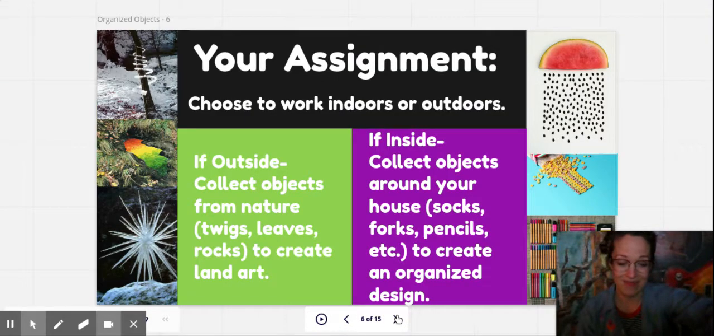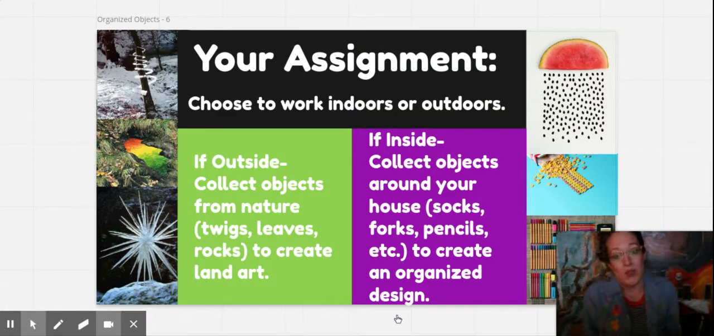Now, your assignment. You get to choose to work indoors or outdoors today. If you decide to work outdoors, collect objects from nature, like Andy Goldsworthy, twigs, leaves, rocks, to create art. If you choose to work indoors today, collect objects from around your house. Maybe it's socks or forks or pencils. You may need to ask permission to use things like pots and pans or other things you find interesting to